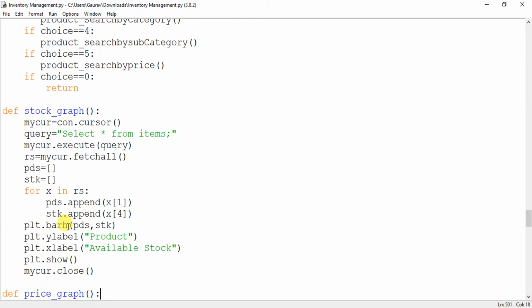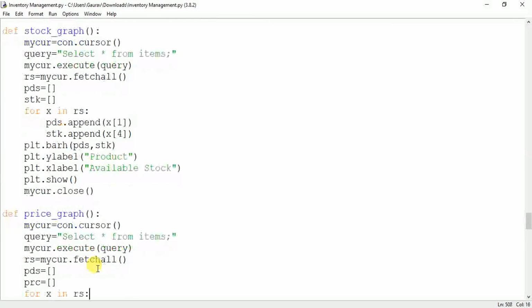Okay, or if you want to have a simple bar graph, you can just write PLT dot bar, and you should give the axis values X and Y. Okay, and after you have given the labels, you should write PLT dot show. Then only the graph will be displayed, otherwise not. So this line is very important to display the graph, and then at the end you should close the cursor.